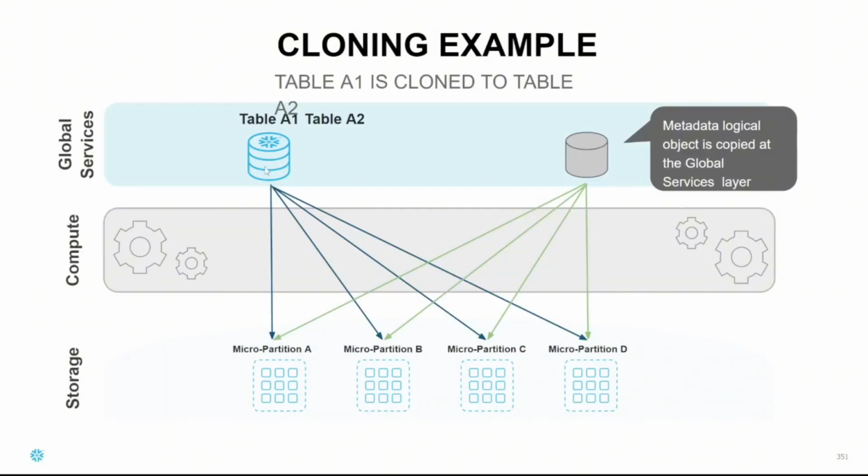Okay. Now, when you clone this A2 table from the A1 table, the A2 table is going to refer to the same micro partitions that your table A1 has. Since both tables are using the same micro partitions, there is no extra storage cost associated with creating the table A2. That means practically your clone is kind of zero copy cloning, right? So you are not going to be charged for additional storage for the A2 table